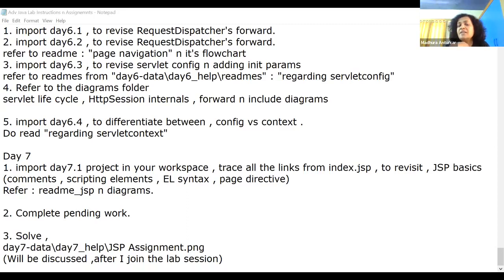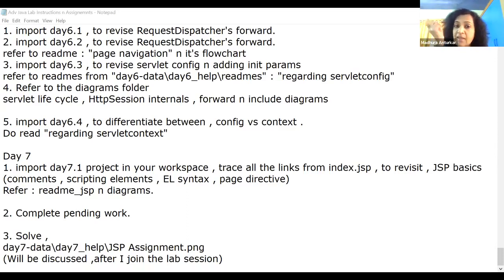Servlet context, how many servlet context objects will your container create? Tell me. It is all done by the container, you know that. Yeah, but one per what, Mohammed? You should tell me. You should never answer only one. One per something, you should say. Yes, please. One per. Wrong, wrong. That is where I think you have a confusion.